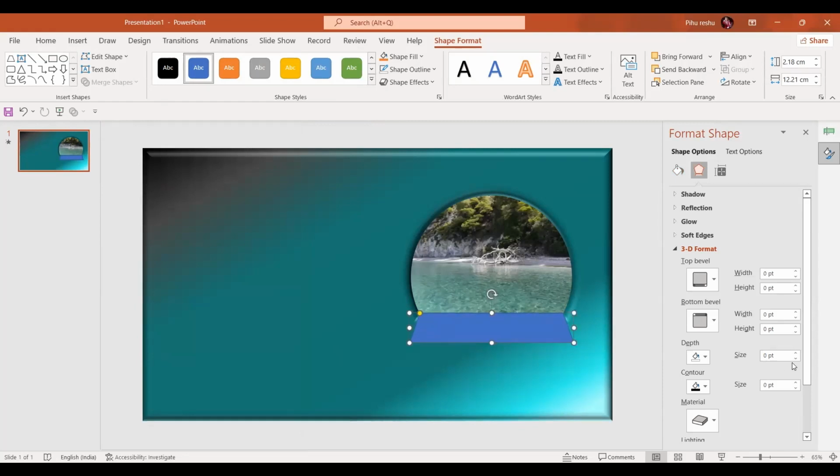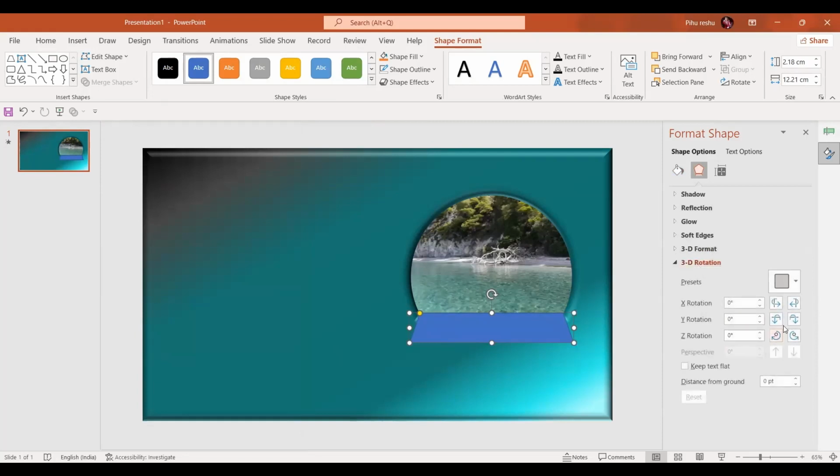Okay, and now we will go to the 3D rotation, and we are just going to rotate it a little bit like this from y-axis. Okay, and let's shift it upwards. Perfect. Let's give it no outline. Shape outline is going to be no outline,